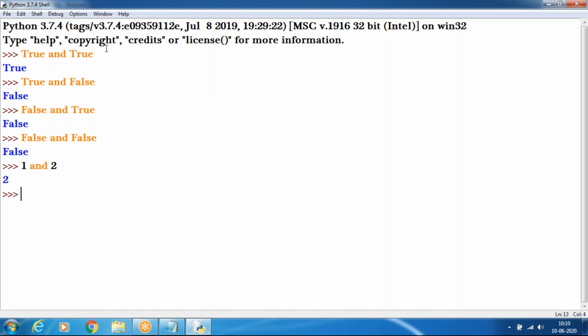The last value will be produced. In case 1 and 0, the result will be 0. In case 0 and 1, the result will be 0.